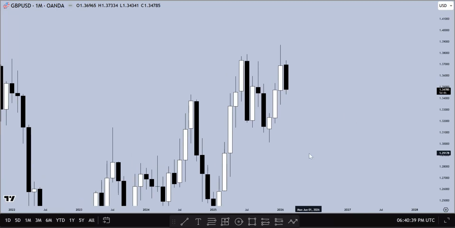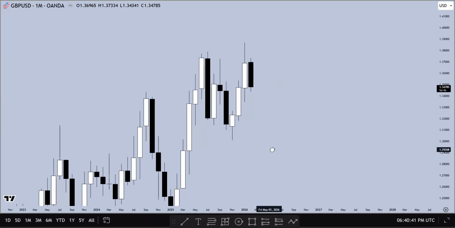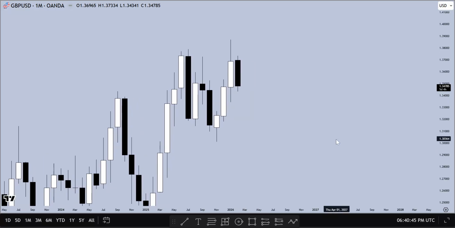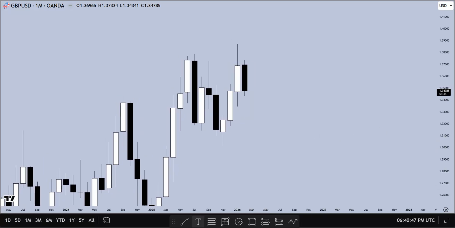Well, today we are coming for a new video, and I start my analysis from the top down, so the monthly time frame. Okay, so this is the buy side. This is where price left a run over this long-term high,